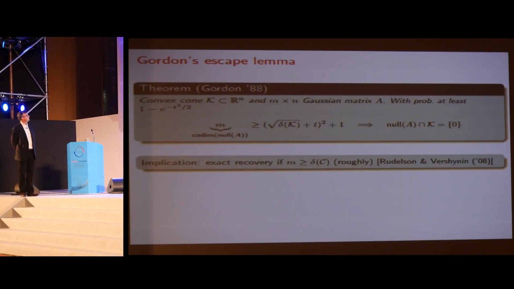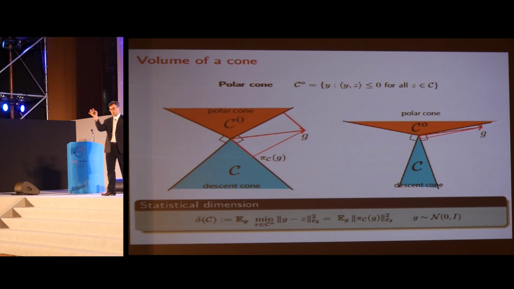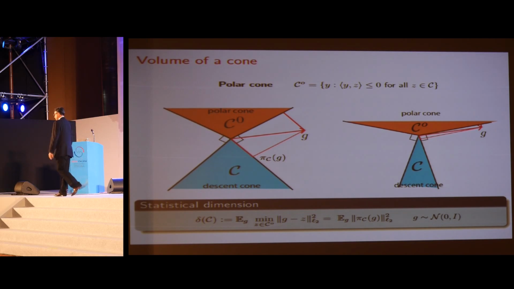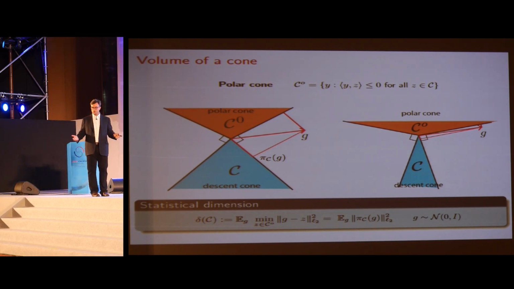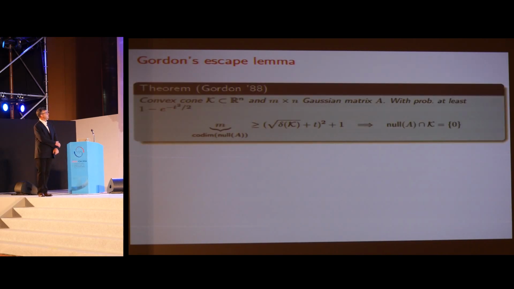Okay. All right, so we have this statistic. We look at the square distance, which is represented on my figure. And so I square it, I average it, and that's the dimension of the cone. Now, of course, it's a notion of a dimension, because if the cone gets reduced, the polar cone gets larger, and so the distance decreases. And so it's really a notion of a dimension. In fact, it's called a dimension because if you were to take a cone which is just a linear space of dimension d, then the statistical dimension of this cone will exactly be equal to d, hence the name. So that's our statistical dimension.